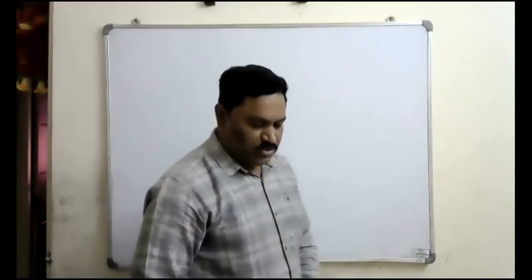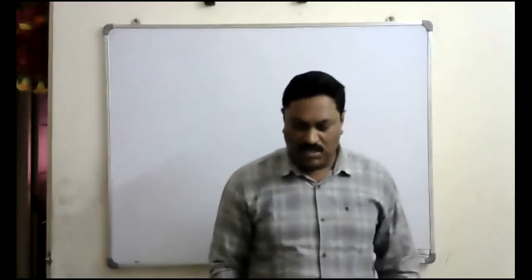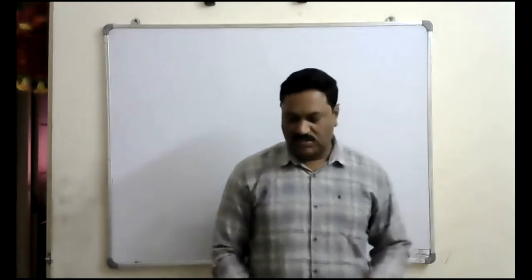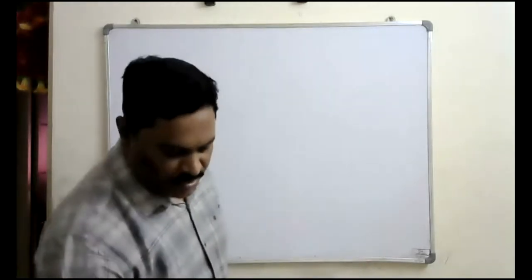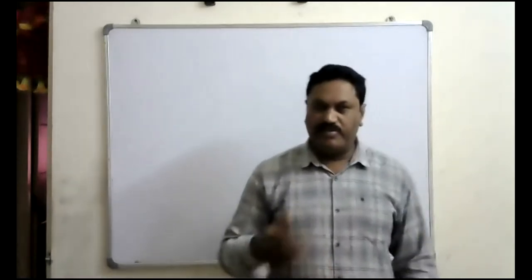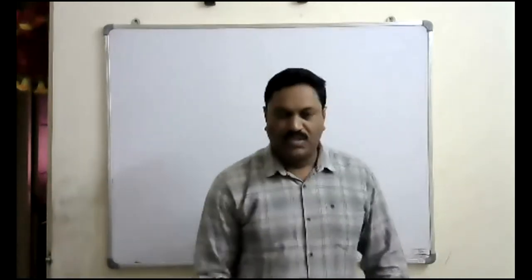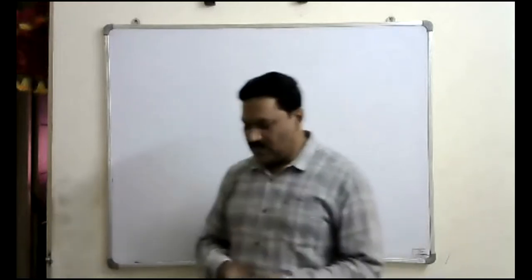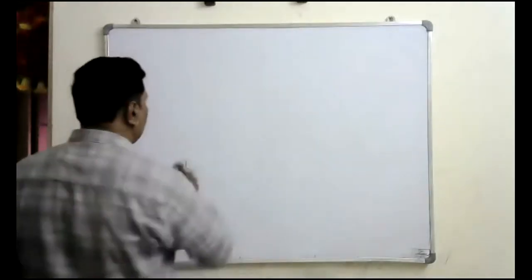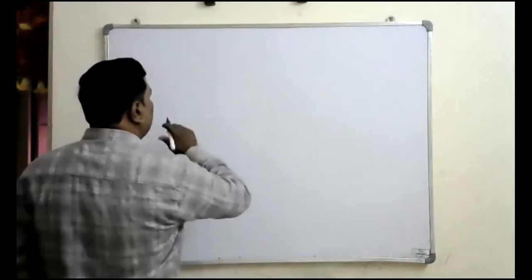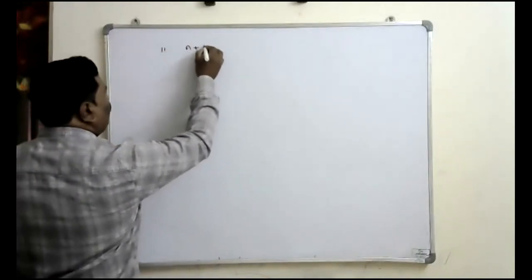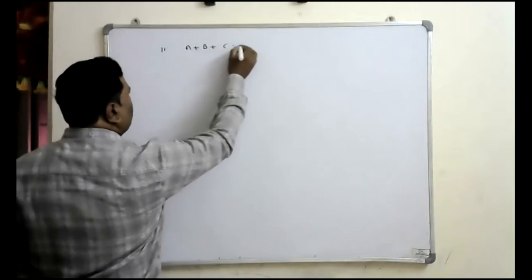Okay. So up to the last class, we have seen some results in this compound angles topic. Here some more results are there, so today we will see those results also. Lastly we have seen result number 11. That result says that if A plus B plus C is equal to